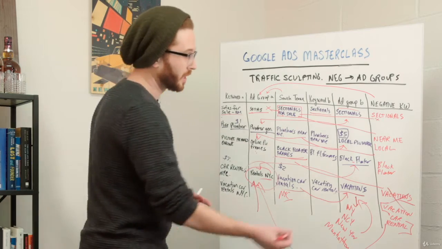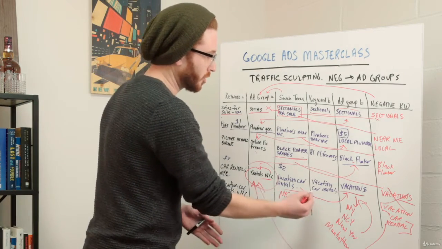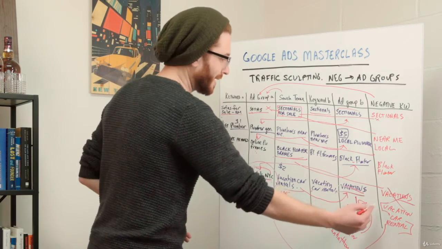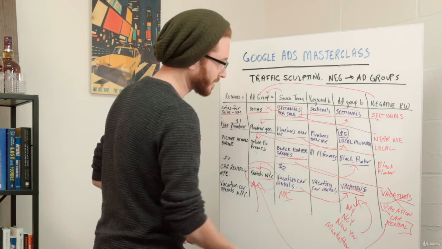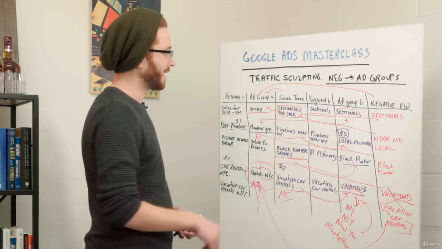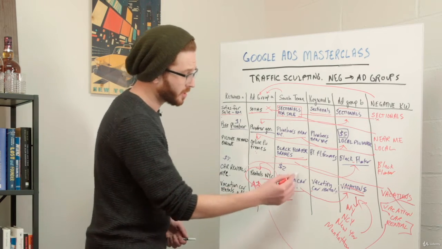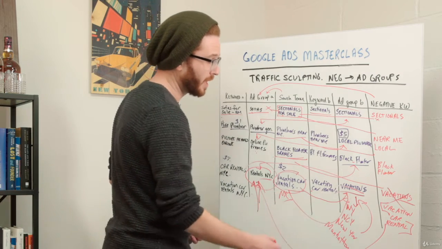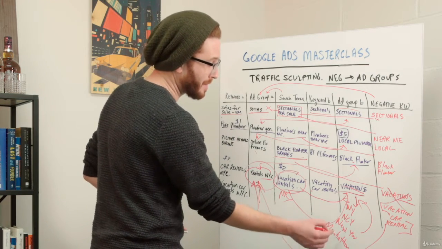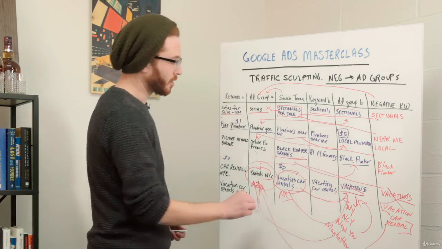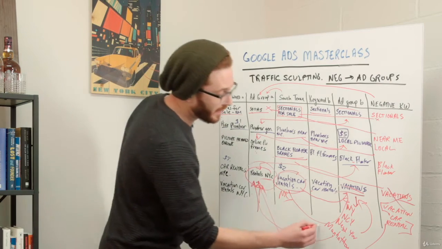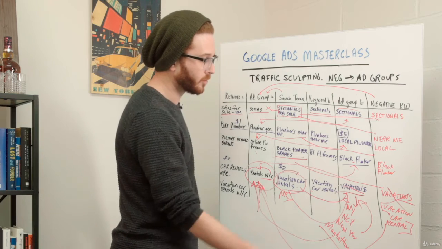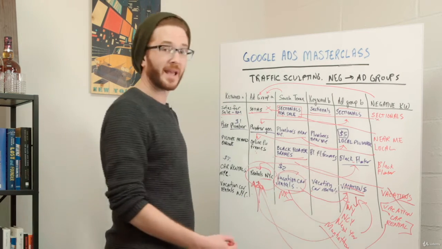So I could sculpt the New York City search terms away from the vacations ad group, and I could use exact match negatives, vacation car rentals, in my rentals New York City ad group, making sure that if somebody just searches for vacation car rentals, it's going to go into the vacation ad group, and anytime somebody uses New York and Manhattan in their search term, it's going to go into the rentals New York City ad group, even if vacation is included in that term. So if somebody searches for vacation New York car rentals or New York City car rentals for vacations,